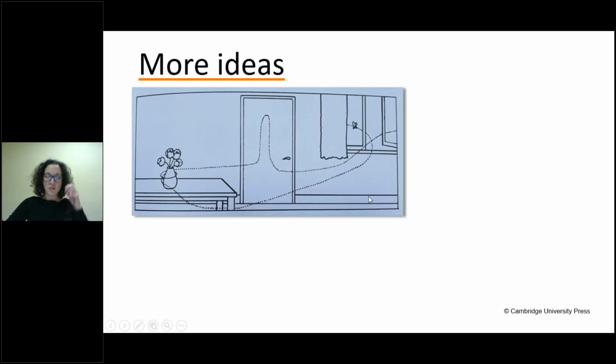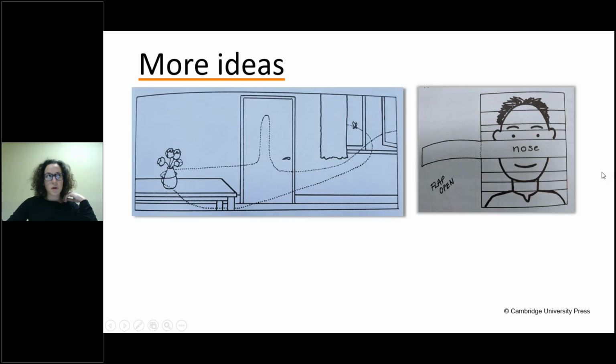Some other ideas, what can be done with the pictures. For example, it's easy to draw, even using some chalk in your classroom, and to draw the way of this fly. A fly at the window, for young learners, yeah, a fly at the window, a fly in the house or in the room, a fly at the door, a fly above the table, a fly is next to the table, and so on. Another one is